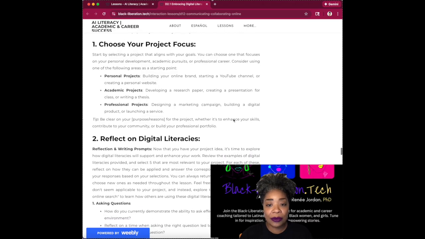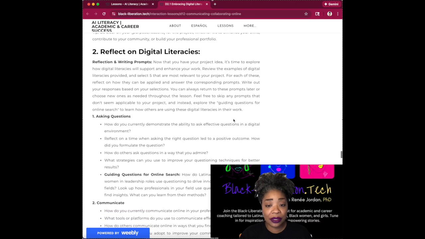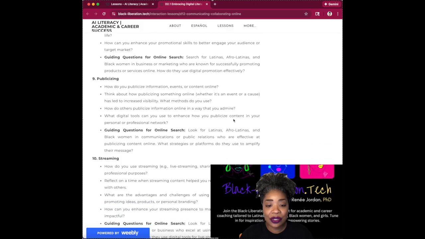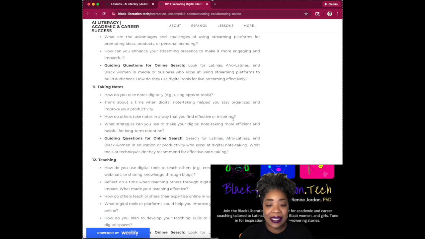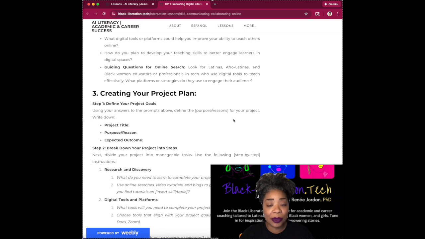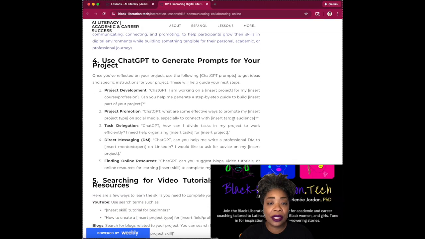We've gone through the reflect on digital literacies, where I did think alouds of the different interactions or digital literacies that I chose to focus on for this project. And those included connect, promotion, publicizing, streaming, and teaching. So last week we completed part number 3, which was the create your project plan. And so this next section, part 4, we're going to take a look at how to use ChatGPT to generate